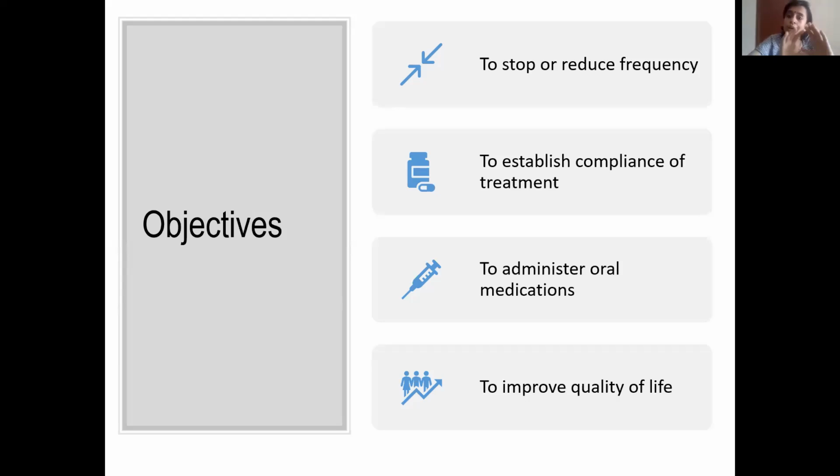And once you are able to control the vomiting, then the patient will be able to take oral medications at home. Otherwise, they have to be admitted in the hospital setting all the time, right? To give injections, everything. They can't be at home. So once we control the nausea and vomiting, the patient will be able to take the medications orally, and they'll be happily going for the treatment because they know that their nausea and vomiting can be controlled.